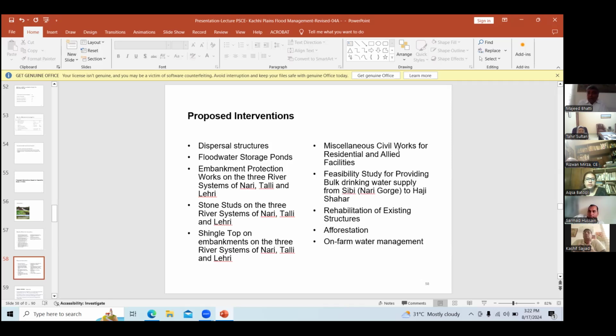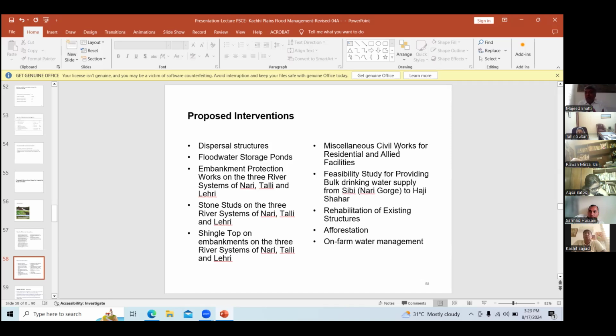Then there is another intervention, because this is flood water and it comes and goes away. So we have proposed a flood water storage pond. On the main river, we have proposed to build a head regulator for a feeding canal towards the pond, which will be constructed on an area of about 1 square, that is about 25 hectares.